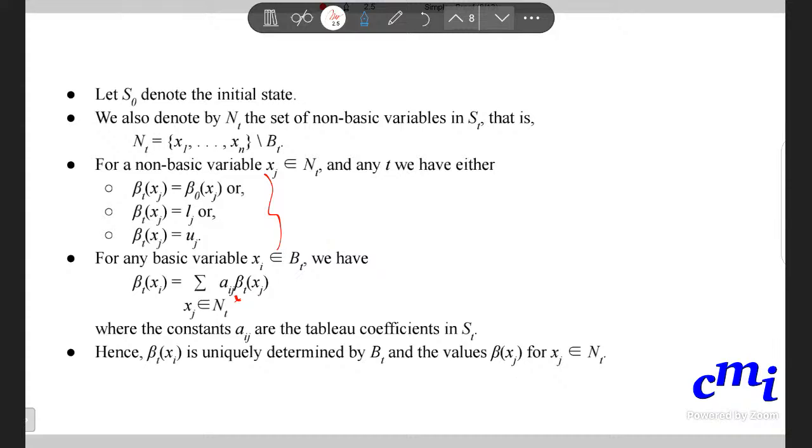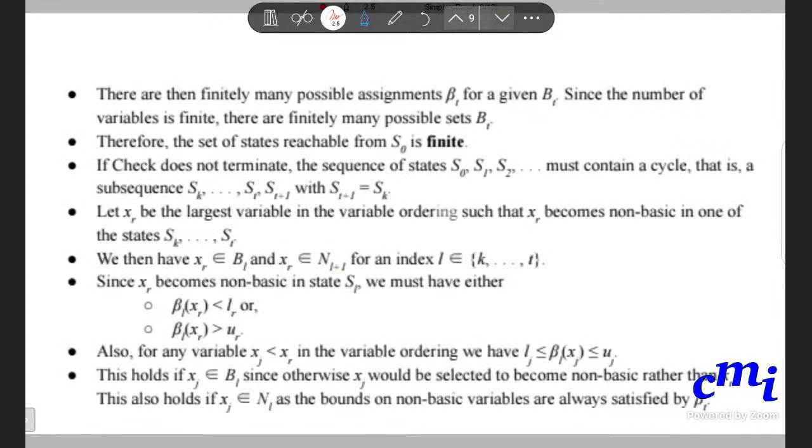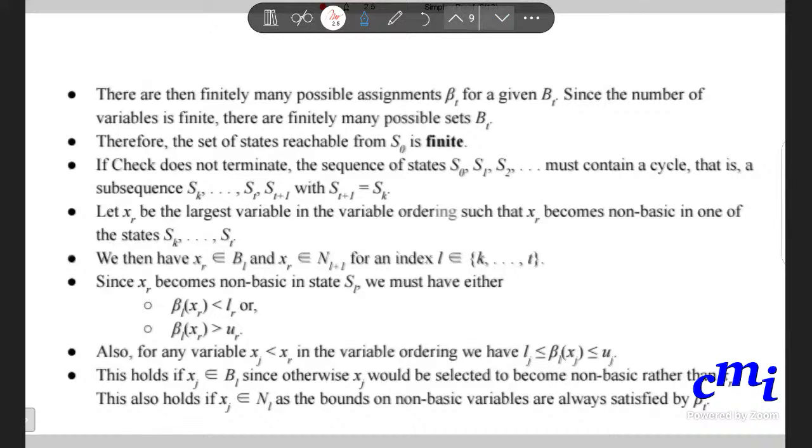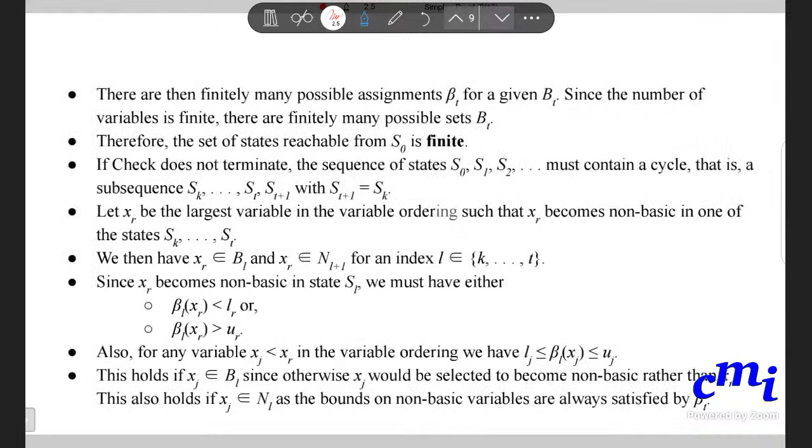We know beta x_j can only have three values: beta_0 x_j, l_j, or u_j, when x_j belongs to N_t, and B_t determines the tableau, since there is a unique tableau for each B_t. So there are finitely many possible assignments beta_t for a given B_t. Since the number of variables is finite, there are finitely many possible sets B_t as well. So therefore the states